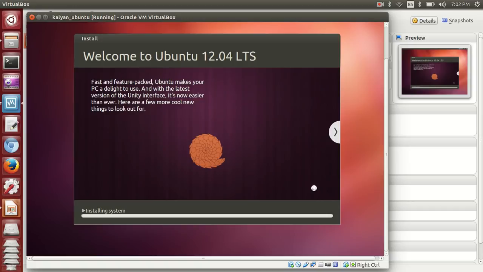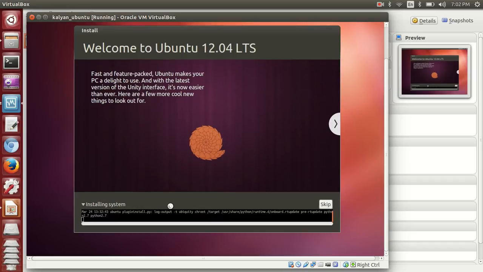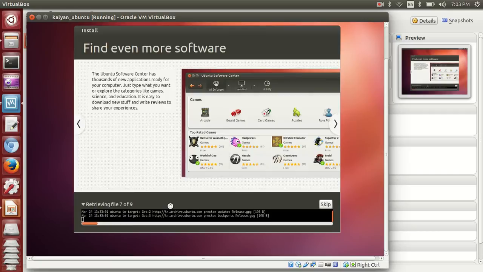So now it is installing the operating system. You can always verify what's going on by clicking on install system. It needs some time, depending on your RAM speed.